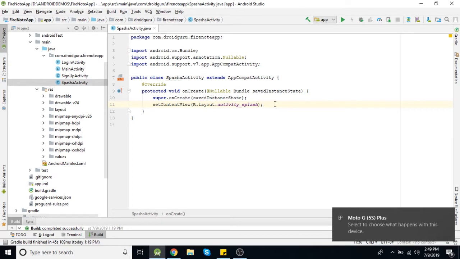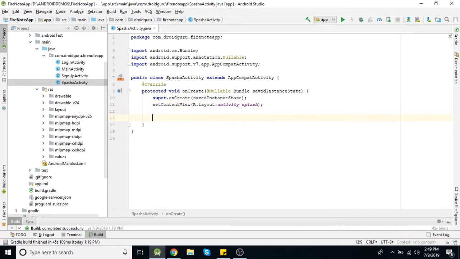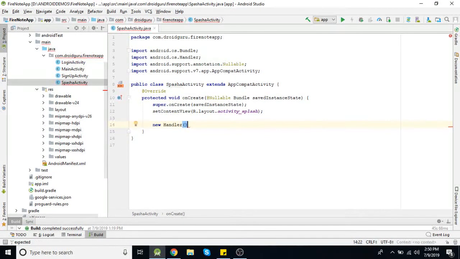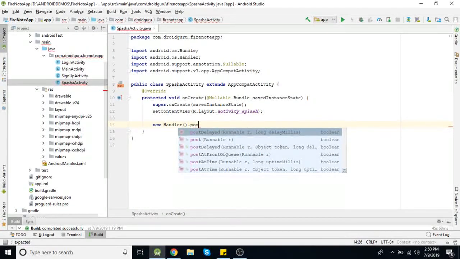But before that, we need to connect these Java files. So first this splash screen will be launched, and after say 3 to 4 seconds we need to launch our next activity. I'm adding a thread here for launching our next activity. So handler dot postDelayed.